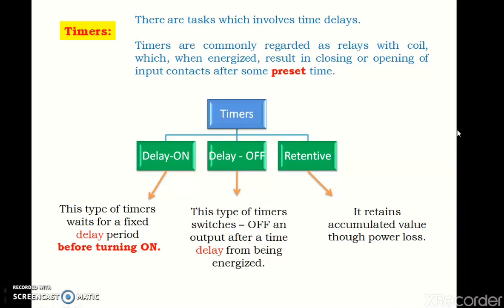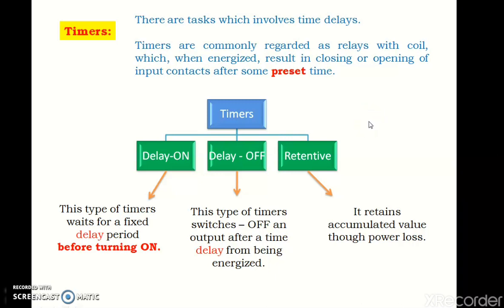For that purpose, the relays used are nothing but timers. Timers are commonly regarded as relays with a coil, okay, which when energized result in closing or opening of the contacts after some preset time. It means after a certain given time, the timer will give its output either to stop or start something.